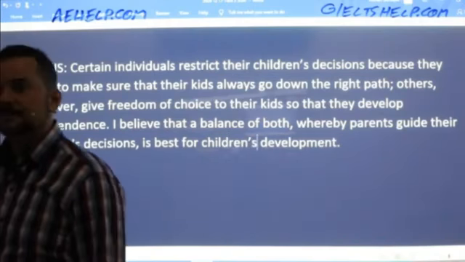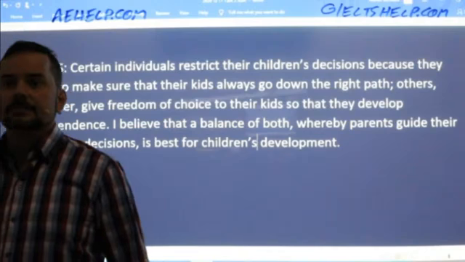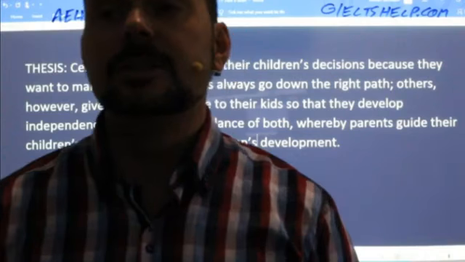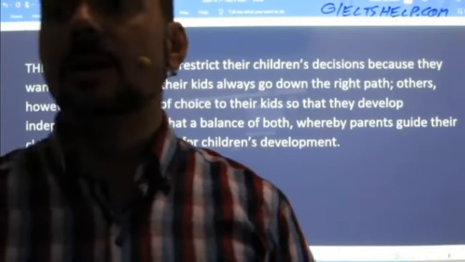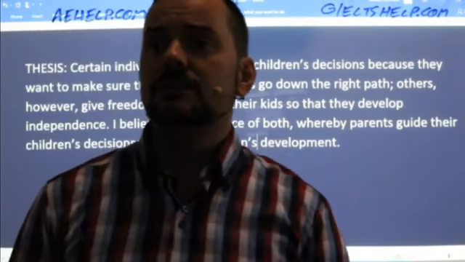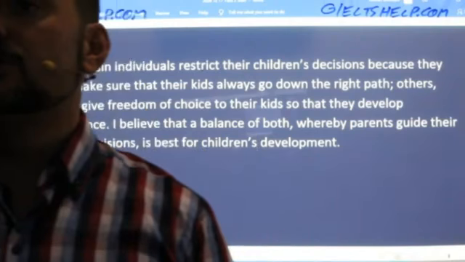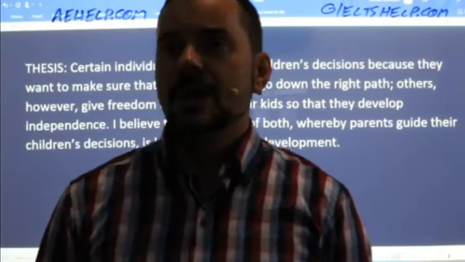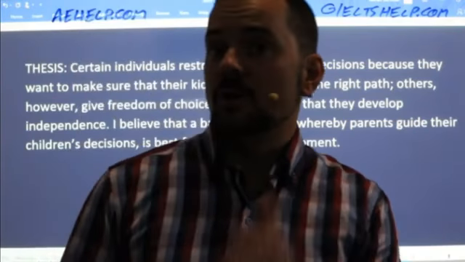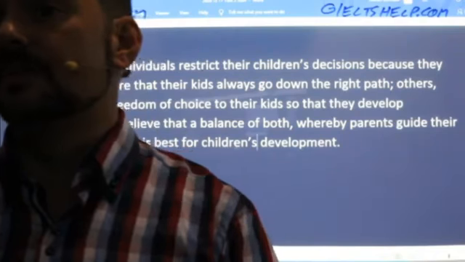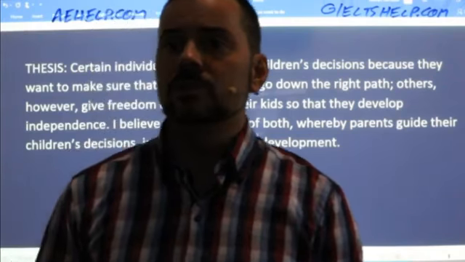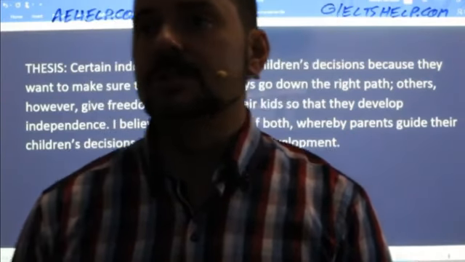There. Okay. All right. So Ferdov says, some people regulate their children's choices because they want to discipline their kids. And in this way, parents can help to make better choices. However, certain individuals deem that it is crucial to allow them to follow their judgments. I believe to allow kids. Yeah, we have to be really careful here with pronouns. You probably saw me correct there as well, Ferdov. So to allow kids to follow their judgments. I believe that parents should use both approaches and it is most beneficial for children's development.